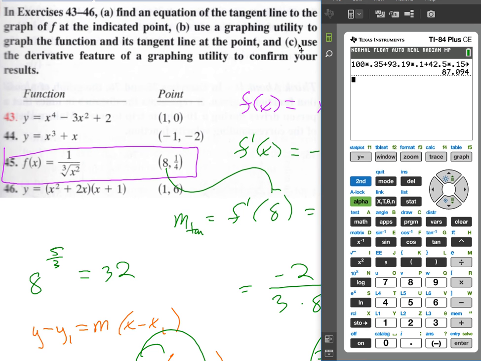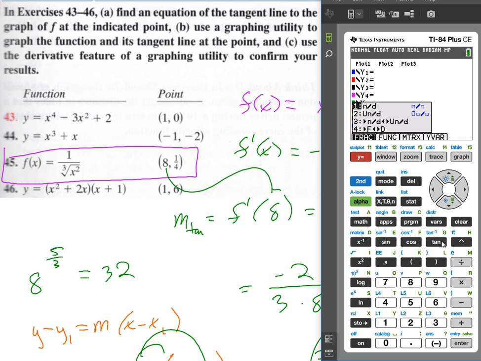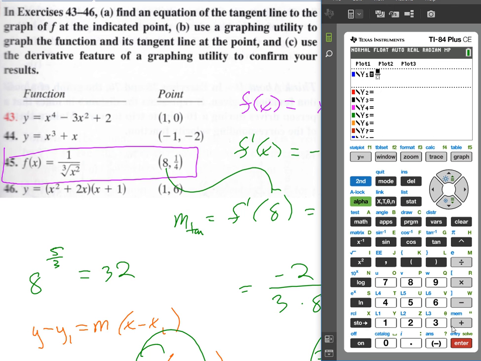Okay, so what could we do here? So here's a couple ways you can do this on your calculator. So if we take this function, y equals, I'll use my fancy little fraction template. How about I get 1 over. Now it'd be easier to just write that as x to the 2/3. There is a way, I believe, if I go to